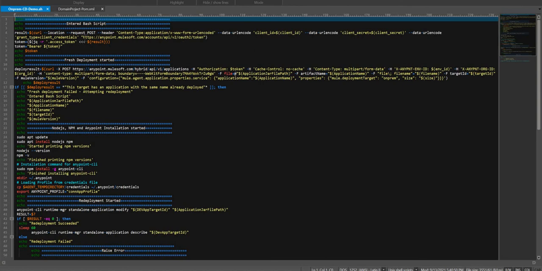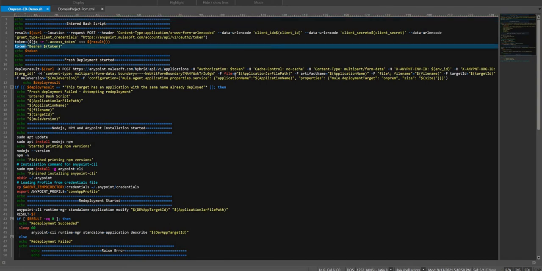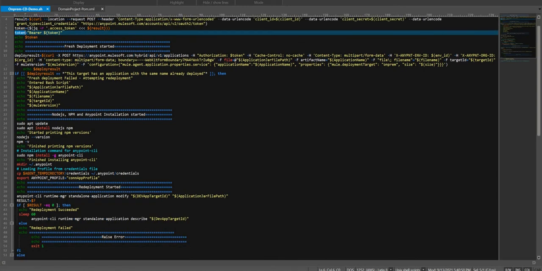So this is an ARM REST API, Runtime Manager's REST API, to fetch the authentication token based on our client ID and secret. So once we get the token, we'll have to initiate the deployment, a fresh deployment, we can call it. So here we are again making use of the Anypoint Runtime Manager's REST API to trigger the scratch deployment.